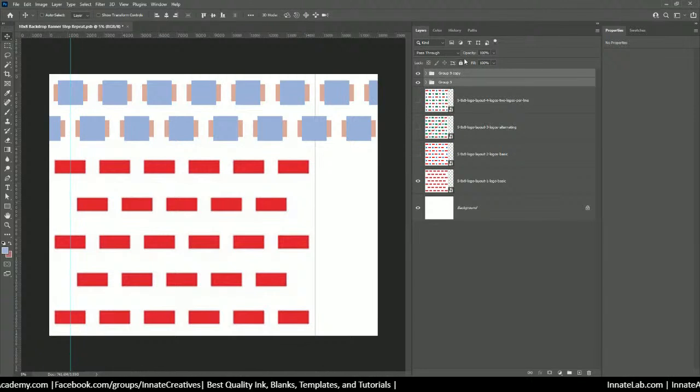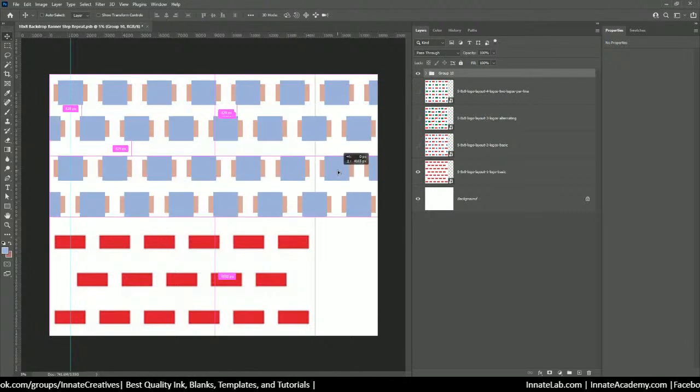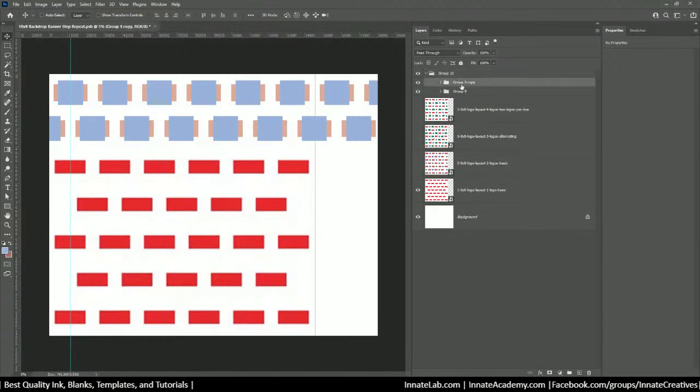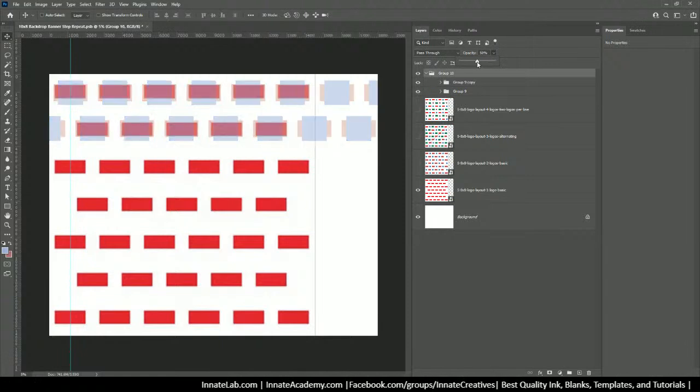Okay, so now once I have these two groups, I'm going to group that, and I'm going to Alt and bring that down. And it looks like we should have the same, oh, you know what I forgot to do? Check the spacing between these two groups before I started. So between these two, although I'm using the existing image as a guide here, I'm going to bring down the opacity so I can kind of get an idea of where my center line is, about there. And I think it's actually locking to the center line of my shapes, which appear to be